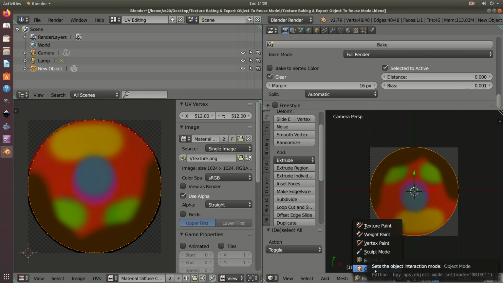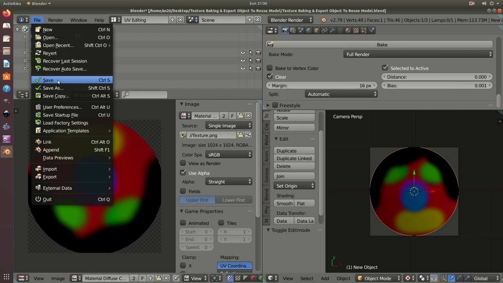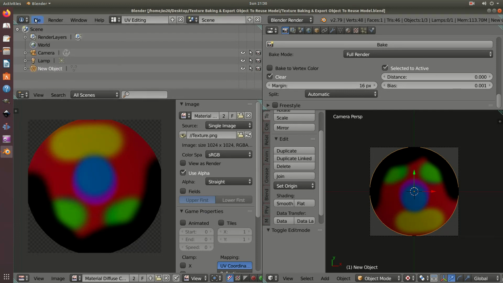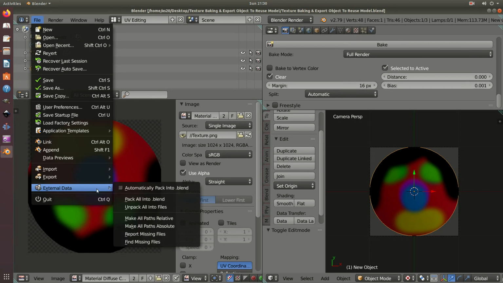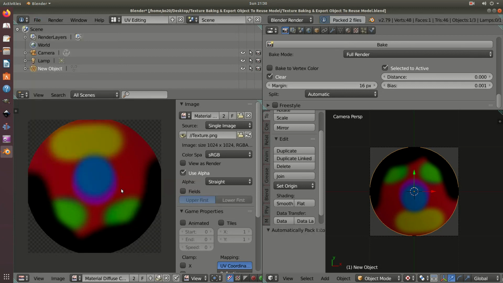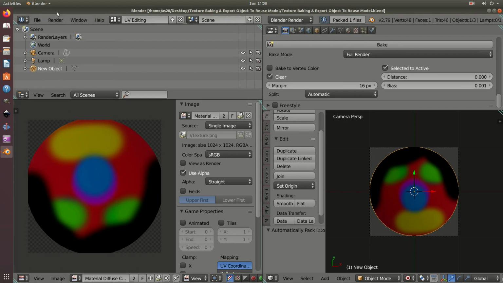Anyway, I am going to save this first, and I am also clicking on this automatically pack into blend file. So pack to files, and now I am going to save this and going to